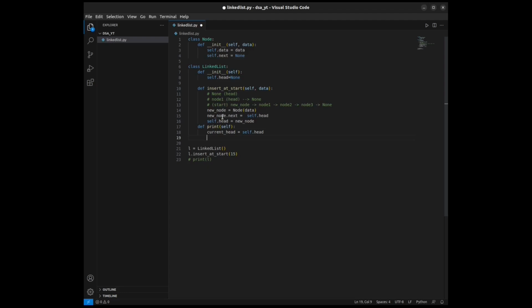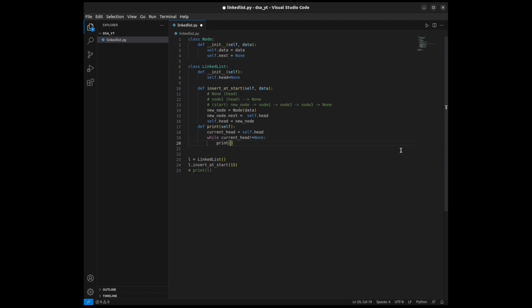Now our current head is present at the start, or self.head, of our linked list, and for getting the data from all these nodes we have to iterate one by one until we reach this none value. So we can simply say while current head is not equal to none,